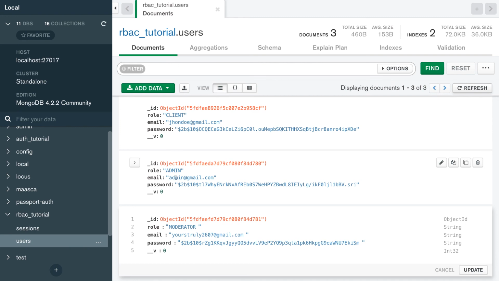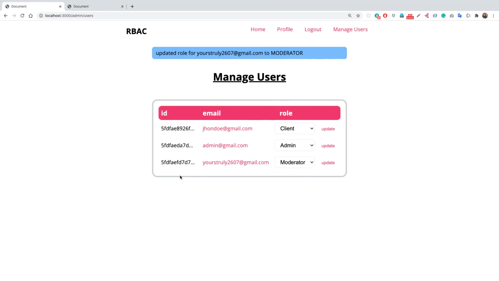And now if we try to change the role of this admin, so let's try to change the role of this admin to anything. And if we click on update, we see that we get a message here that is admin cannot remove themselves from admin, ask another admin. So why not? Let's change the role of this John Doe from client to admin, and let's try to change the role of admin from John Doe's account. So let's click on update here. So we see that John Doe has been changed to admin.